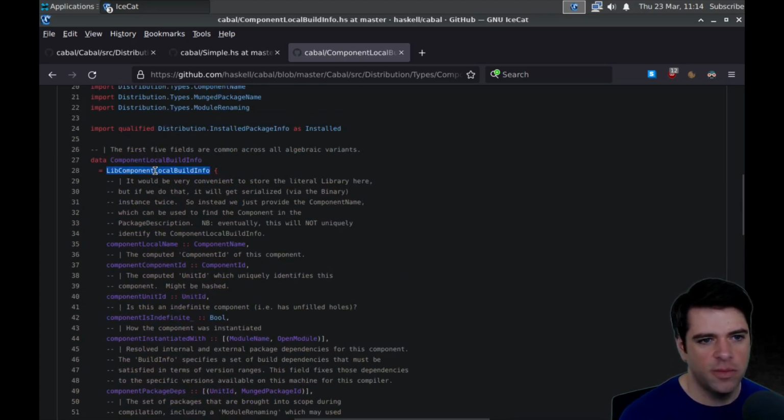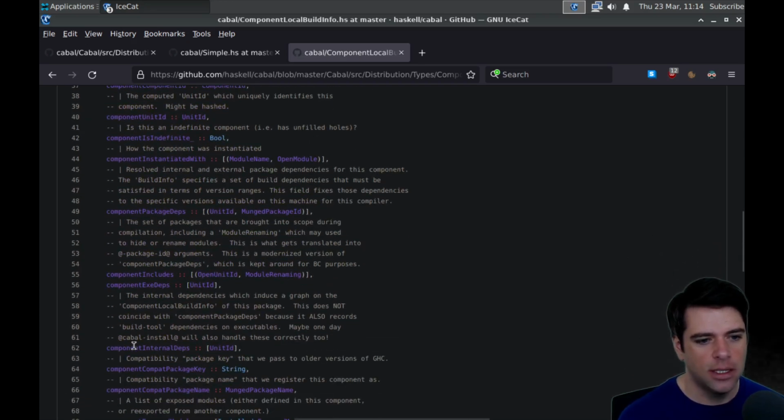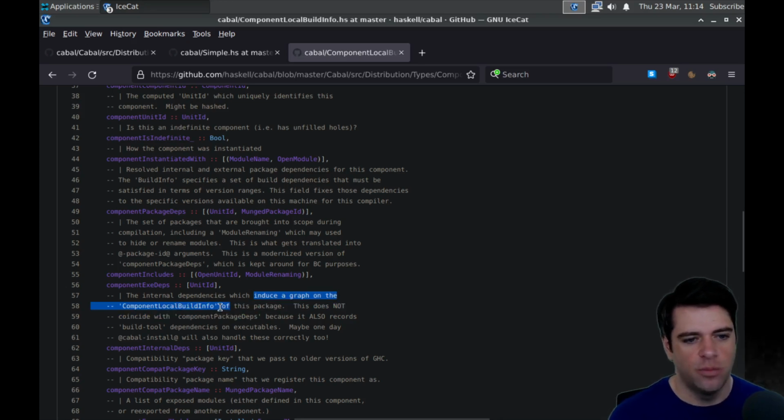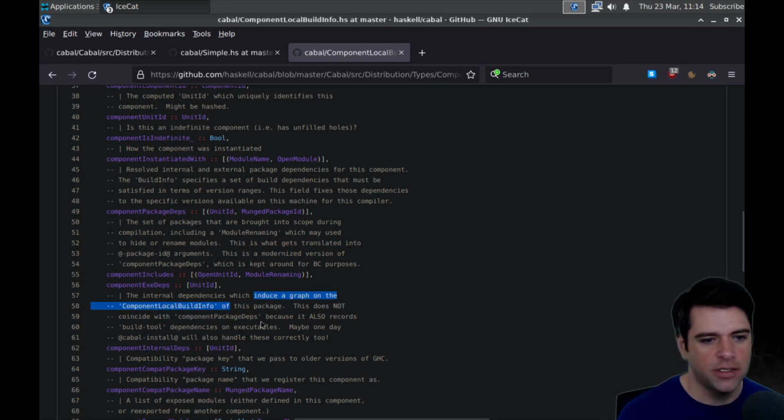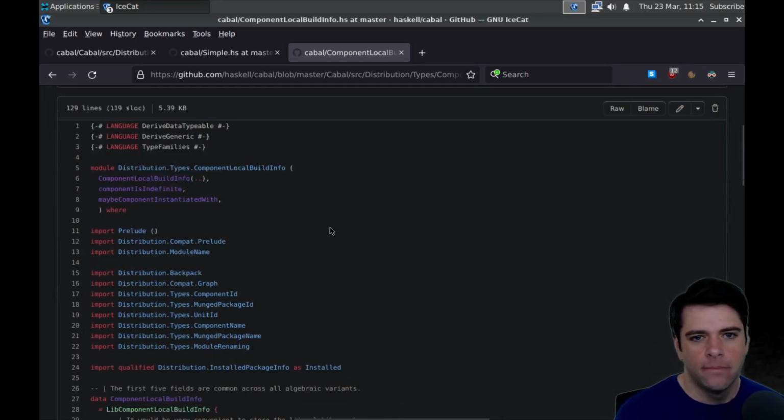And this thing should be identifiable by a single unit ID, and that makes component internal deps essentially an adjacency list of nodes. And that's basically what it says. Internal dependencies induces a graph on the component local build info of this package. Okay. Cool.